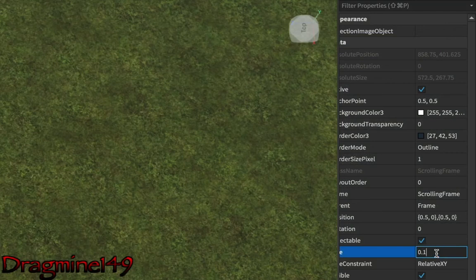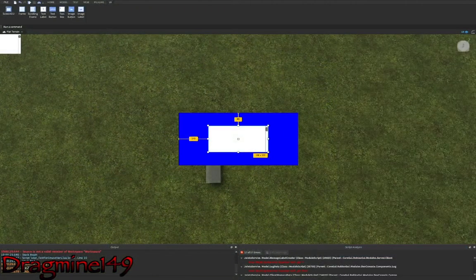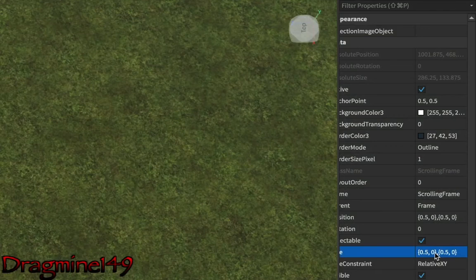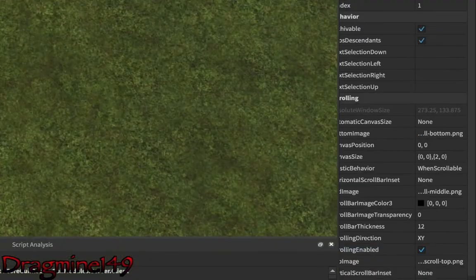So I'm going to set it to 0.5 and 0.5. So it takes up this middle bit of it, so it looks like it's got a border around it. Then you've got the same size constraint, the behavior, all of that stuff. And then you get down to the scrolling.